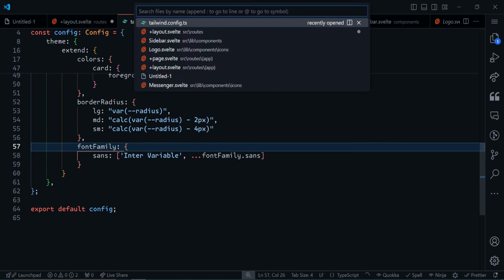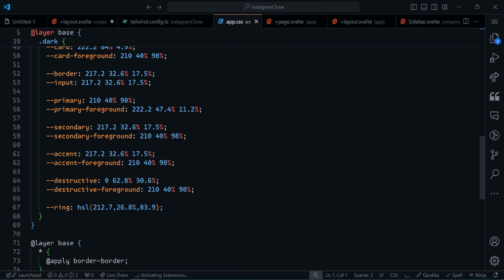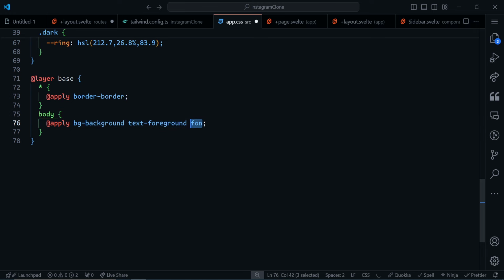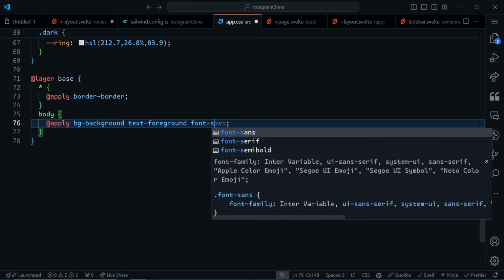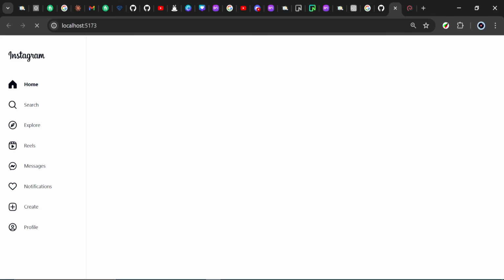And I'll go back to my CSS file to make sure that this font has been added. I'll say the body, text. It's not actually text, it's font-sans. Now by default, it's actually the font-sans that's added, but I just want to make sure that it's there for good measure. If I save all of these files and go back to my browser,